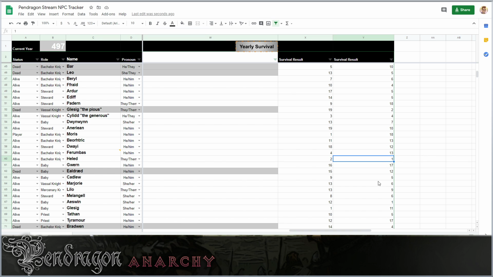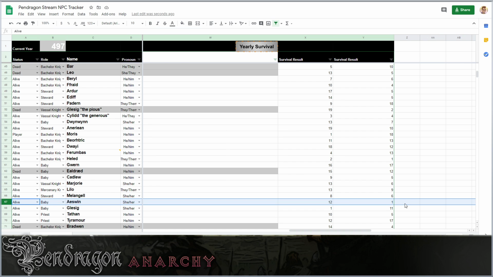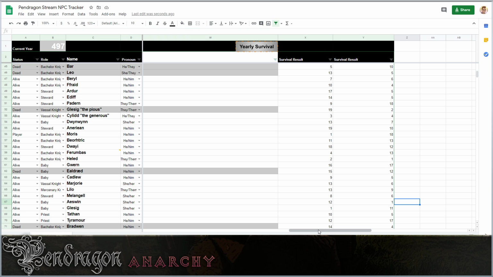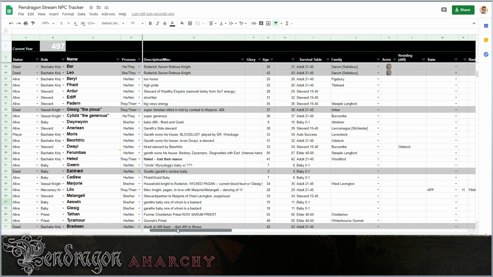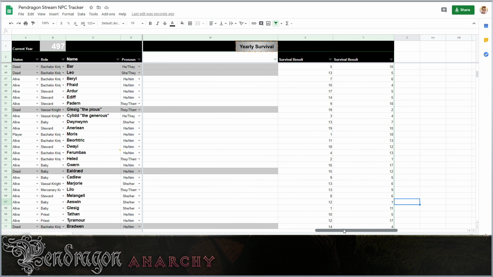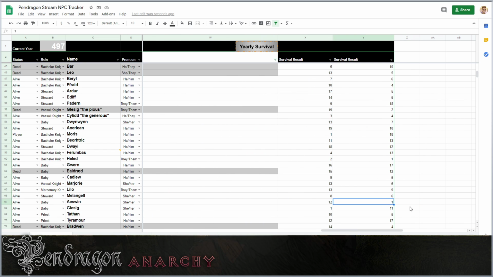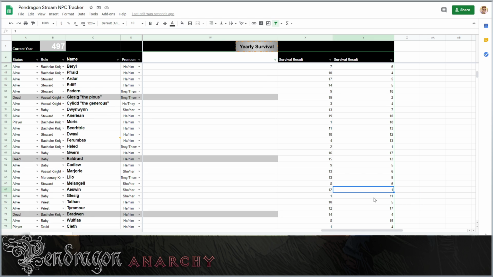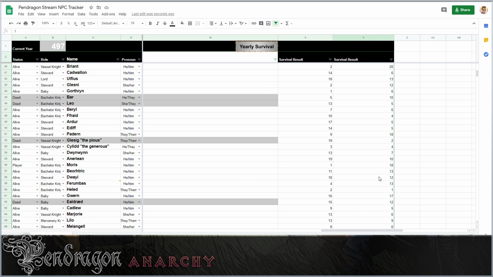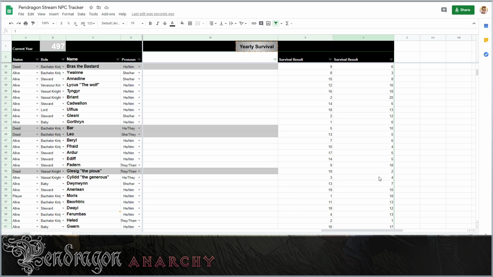Helid. Helid. Baby Aswin? Oh wait, no. This can't be. And why is... wait, no, they're way old. They're too old. That doesn't even matter. They shouldn't even be being rolled in this table. But we had